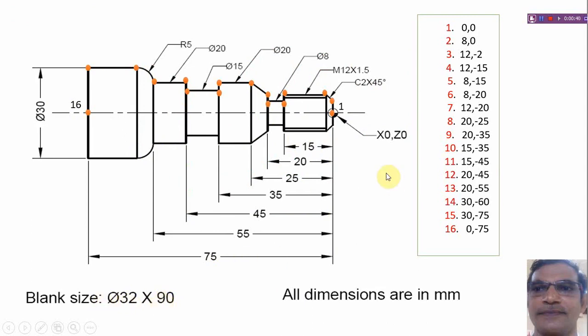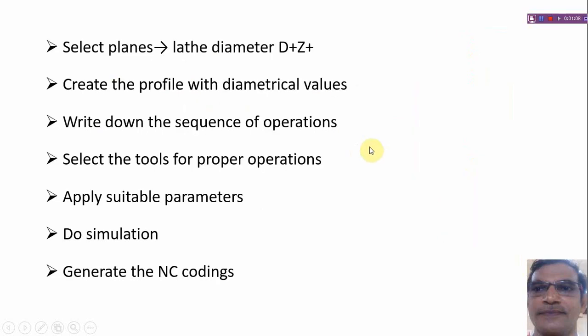We have different points on the profile. We have different coordinate values for each and every point. We have to start the profile with 0, 0 and we have to complete it with 0, minus 75. That is the 16th point. Okay, 1 to 16. We have to plot the coordinate values, and we have some important steps